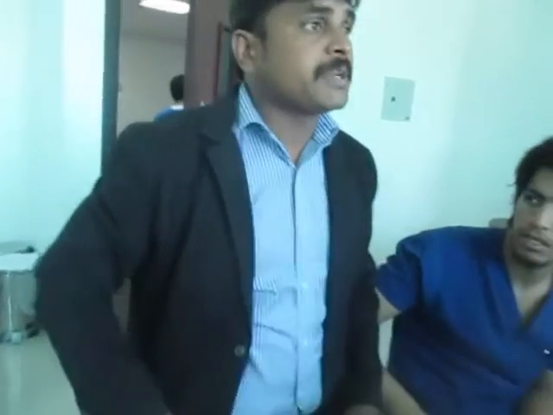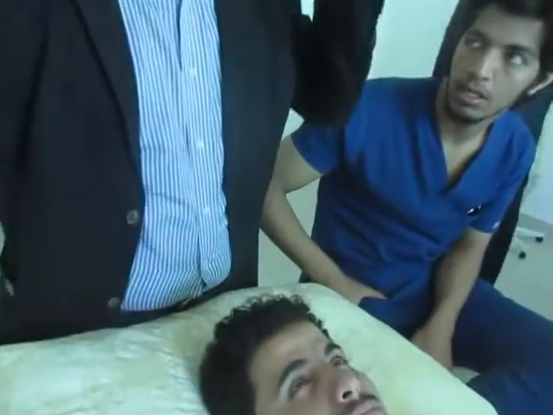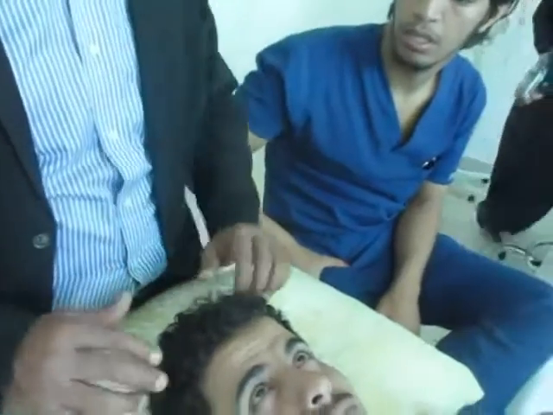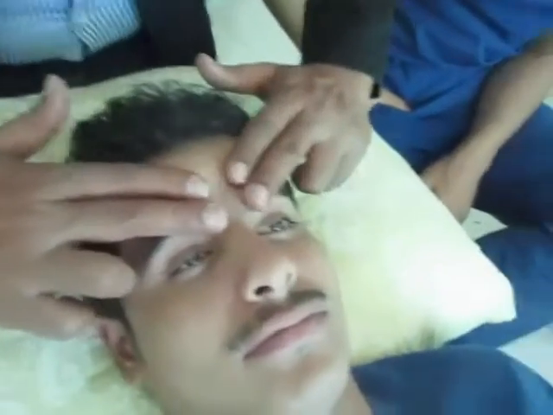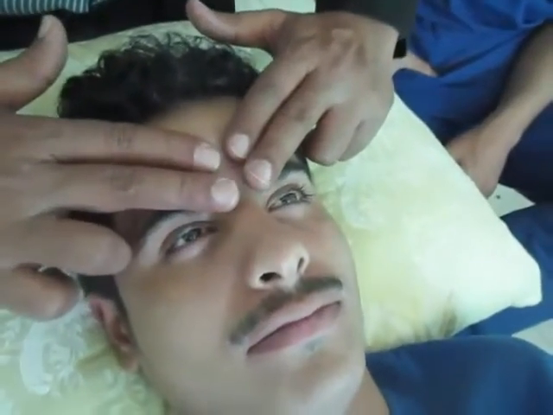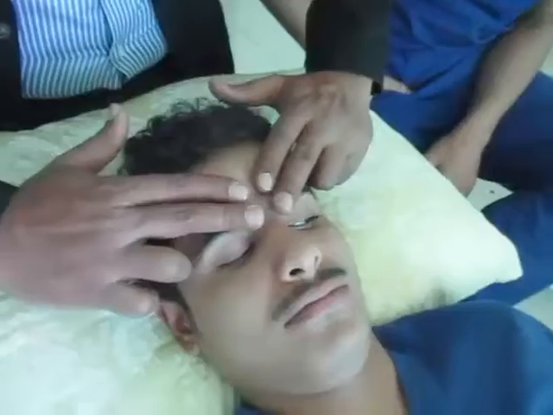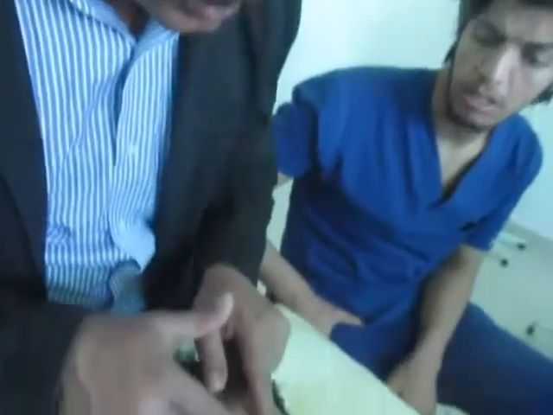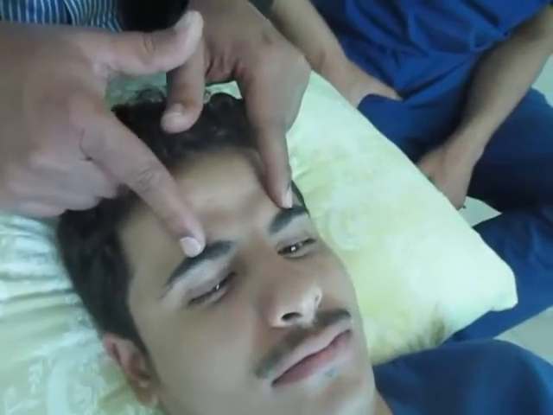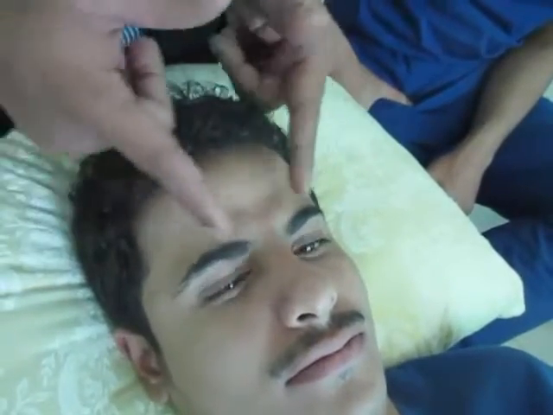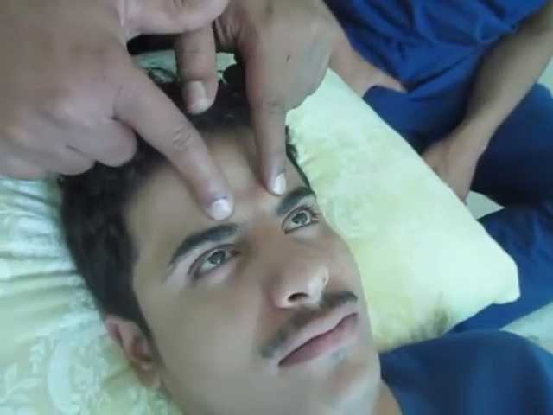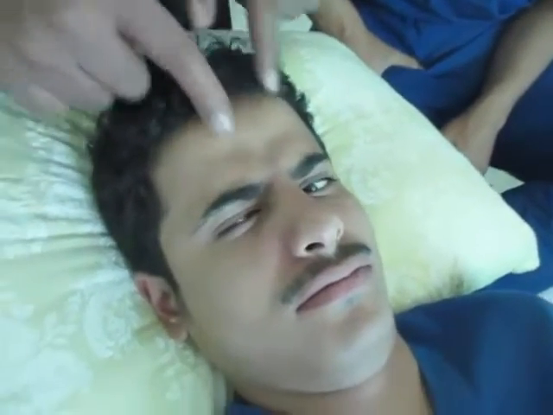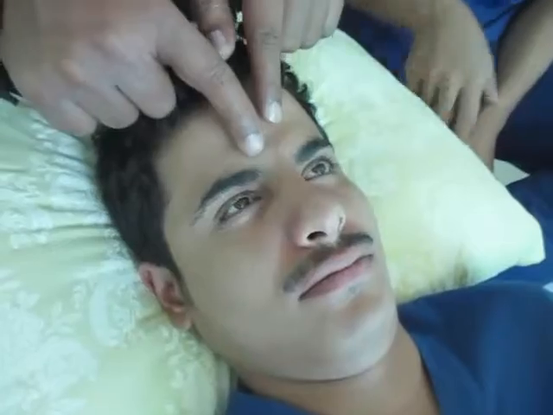Next is what? Corrugator supercilii. Corrugator supercilii means getting the eyebrows closer. Now how to stretch that? So now hold here. Now corrugator supercilii. See, now what you have to do here is get these two close like this. Come on, do it. Get your eyebrows close. Relax. This is corrugator supercilii. Can you do it once again? This is corrugator supercilii.